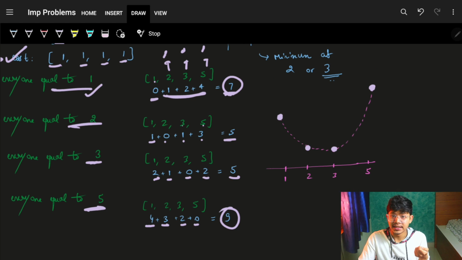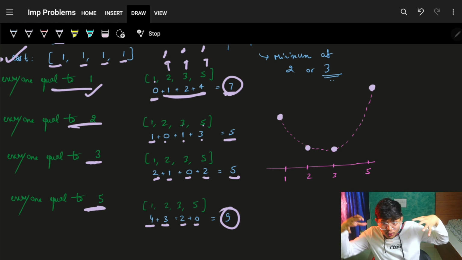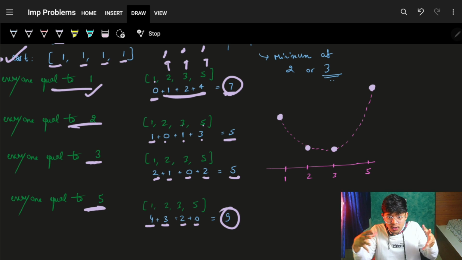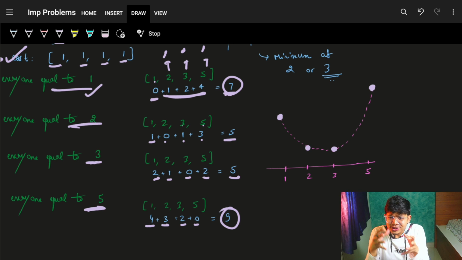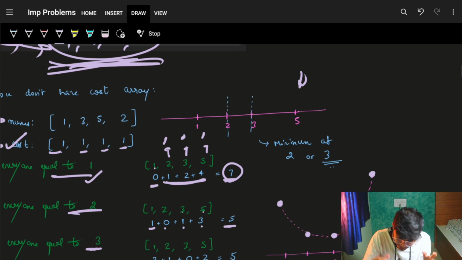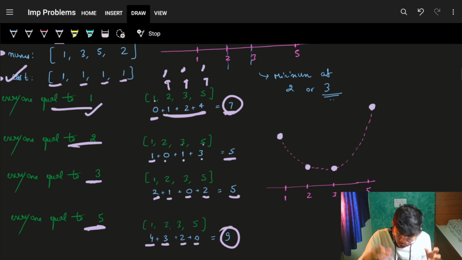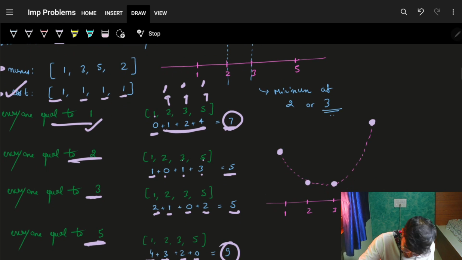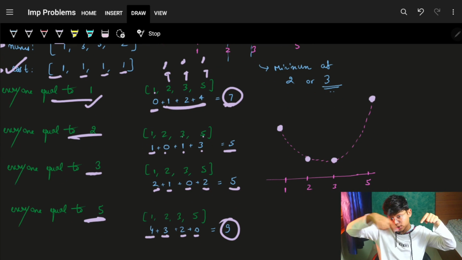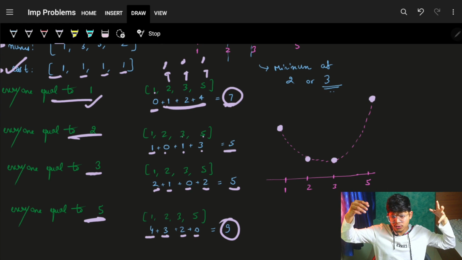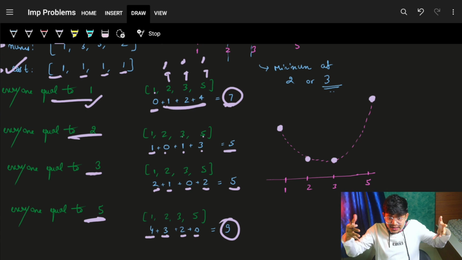Cost incurred was 9. That's the reason. As you just bring everything down to the median, the cost, the distance, automatically tries to reduce. The total cost automatically tries to reduce. That's the reason. I can also see this graph. By this graph itself, I know whenever I am bringing things down